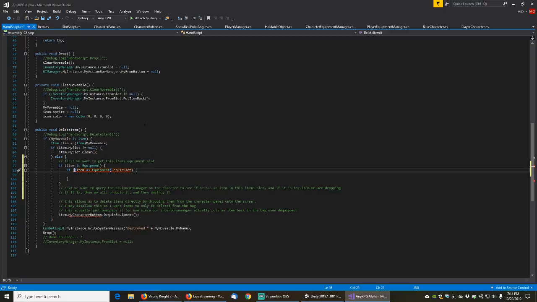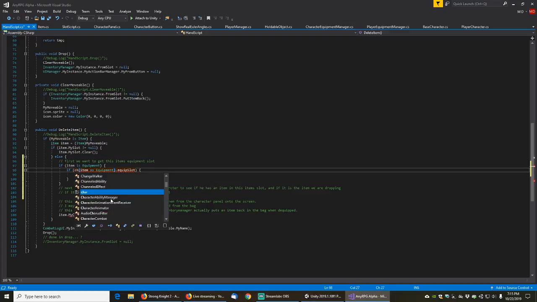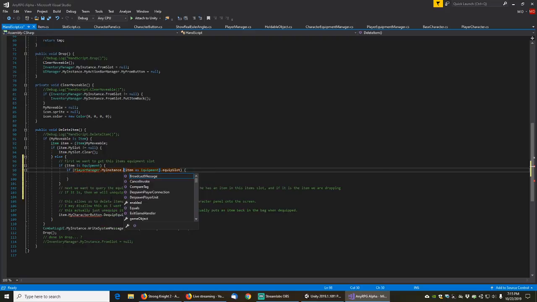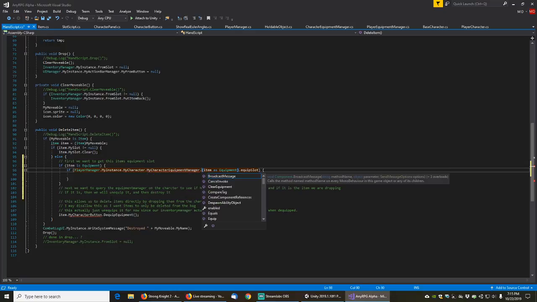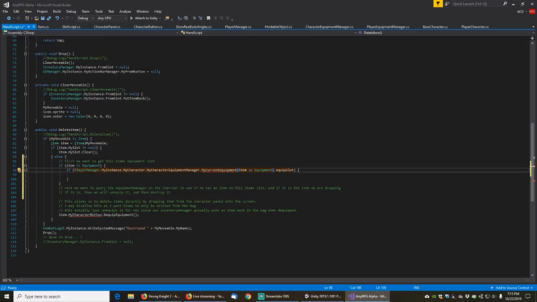Let's see, actually what we want to do is we want to check that. We want to check if the character, no, the player manager. If the player manager is equipment manager, basically. So player manager dot my instance dot my character dot my character equipment manager dot my current equipment dot contains key, this slot,